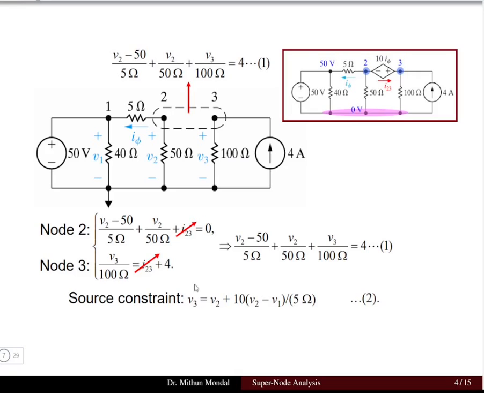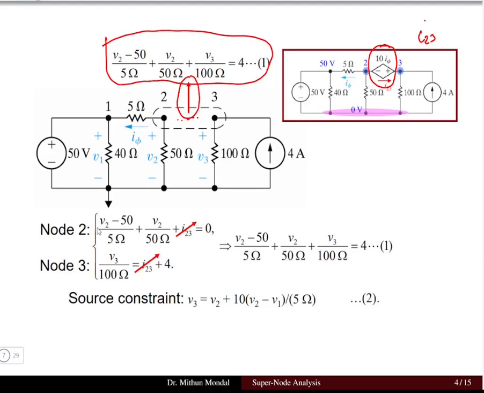So let us see what equations we can write. We have to first remove the voltage source which is between node 2 and 3 that forms the super node. Why do we have to remove that? Because we do not know what is the current I23 which is flowing in the network. After removing the dependent source, we can write the equations combining node 2 and node 3 by giving proper